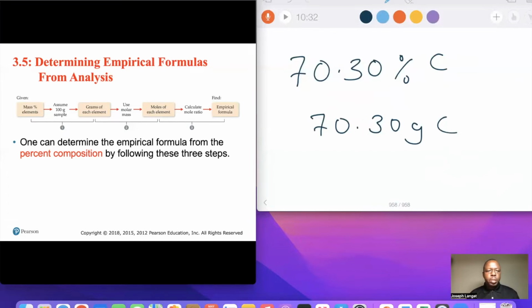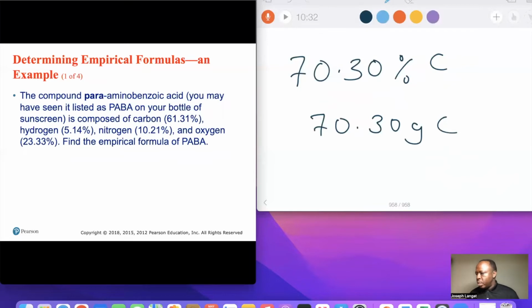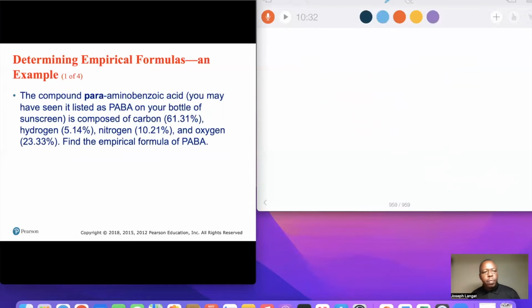There are 3 basic steps you will follow in determining the empirical formula for a compound. Here is an example, the compound para-aminobenzoic acid. You may have seen it labeled as PABA on the bottles of sunscreen, right? It's composed of